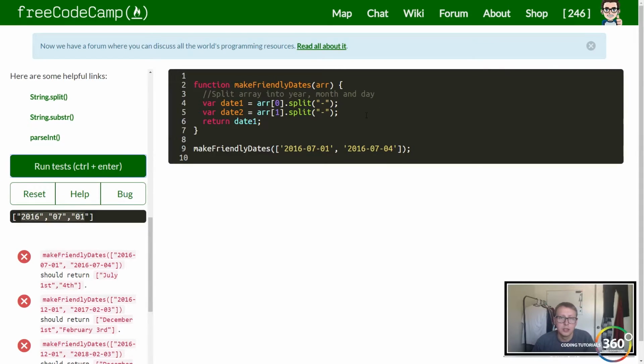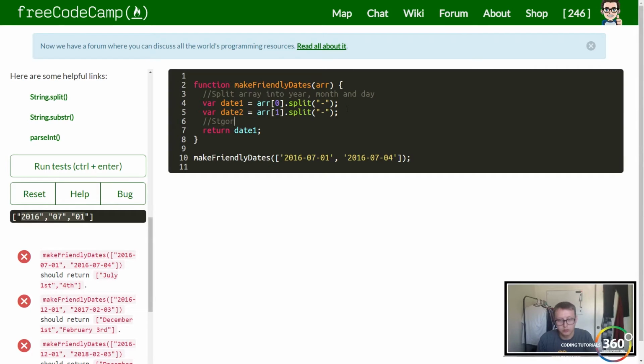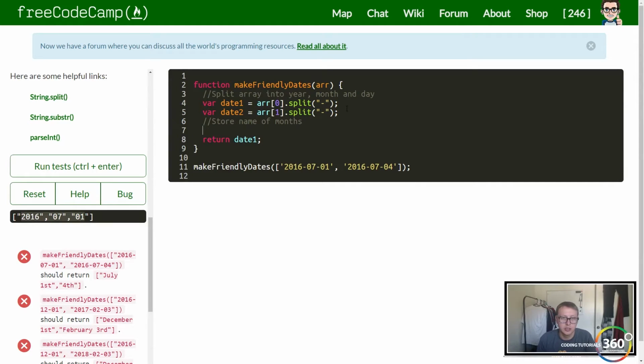Cool. The next sort of thing that we should do is we're gonna eventually get the month name. So 01 would return January. So we're gonna create a month name variable. So store name of months. So we're just going to create a variable called month names. Call it whatever you want, and it's going to contain all of the month names. So that's going to be